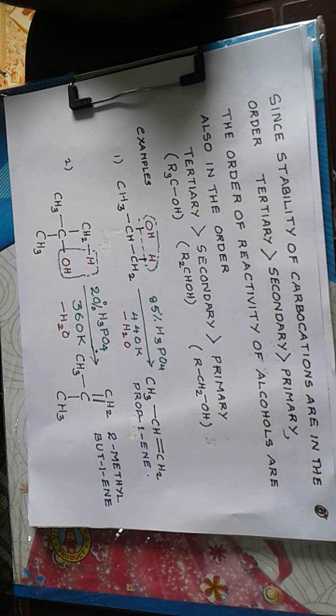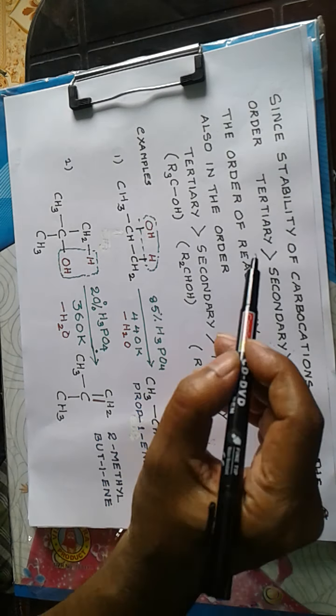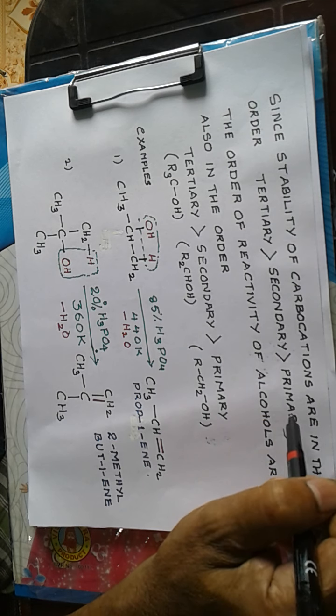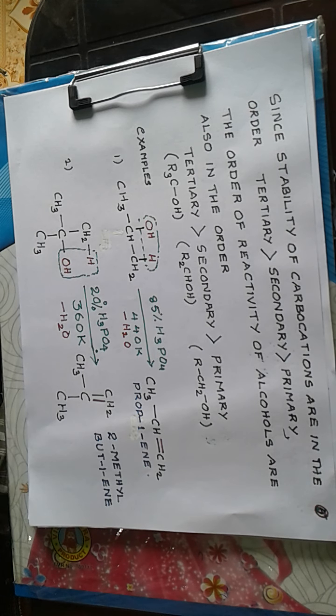Now, since the stability of carbocations is in the order tertiary greater than secondary greater than primary, a tertiary carbocation is highly stabilized by the plus I effect and hyperconjugation, whereas the stability of a secondary carbocation is decreased due to a lesser number of hyperconjugation canonical structures and inductive effect, and for primary there are the least hyperconjugation canonical structures and the least